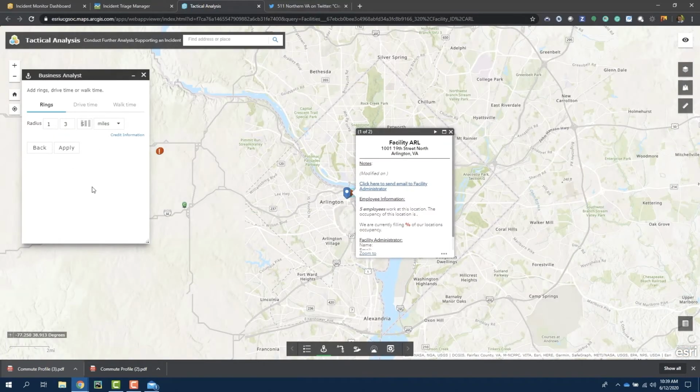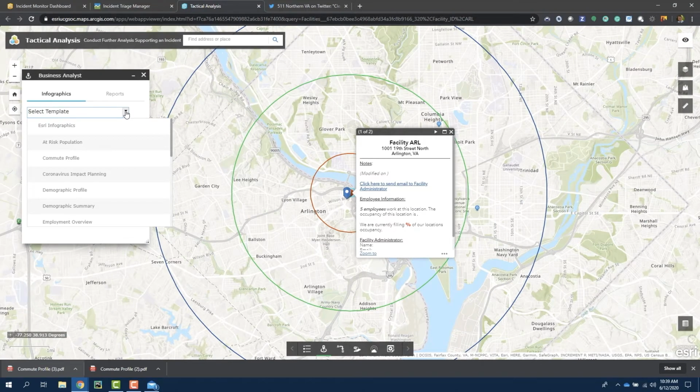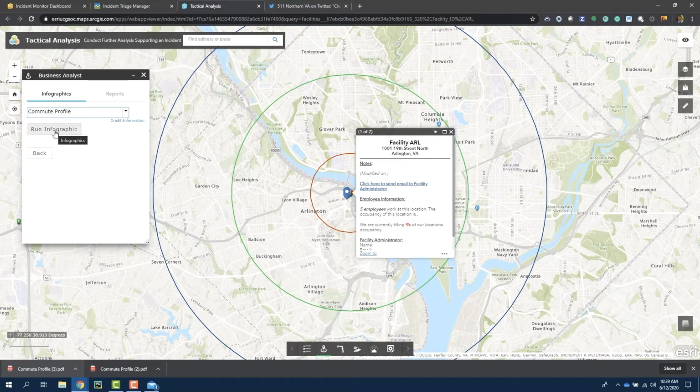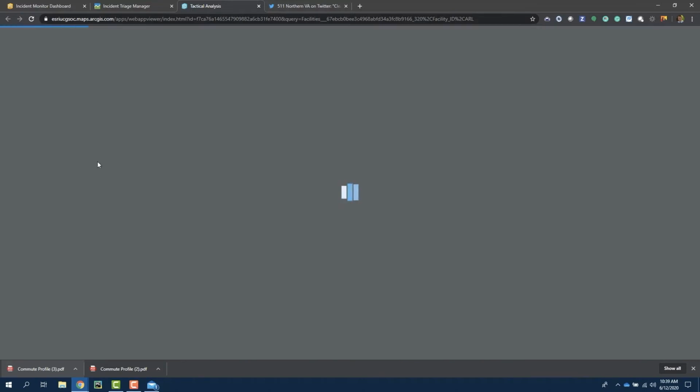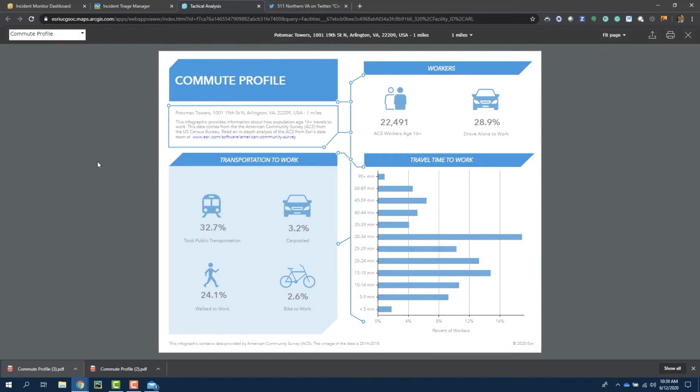And running our business analyst report generator, we have a variety of reports and infographics that you can access. The one that I'm going to access right now is our commute profile. This is going to explain to me how people in this area generally get to work. So at this point, I see that over half of the individuals in this area either take public transportation or